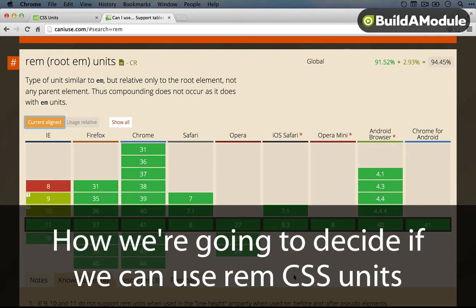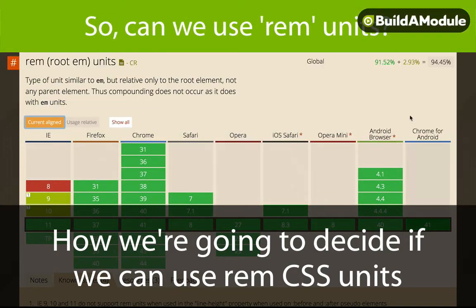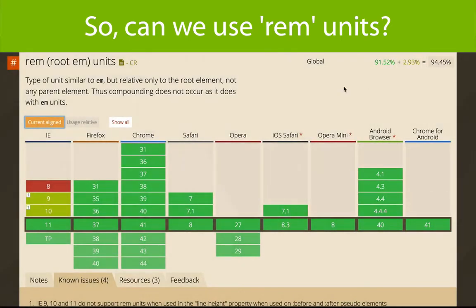So now the question is, do we use REMs or not? Is supporting 94% of the web going to be good enough for what we're doing? So that's a good question, but the answer depends on your particular scenario. So for example, most digital agencies are able to convince their clients that they don't need to support earlier versions